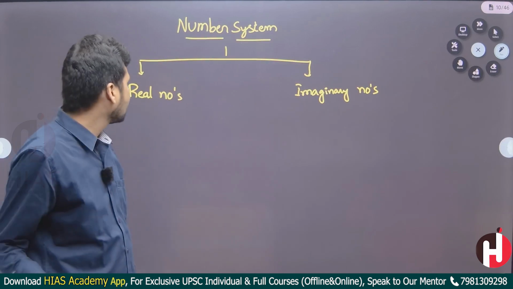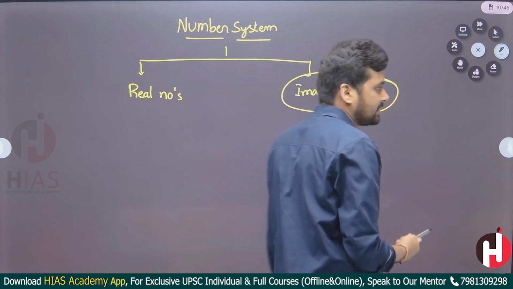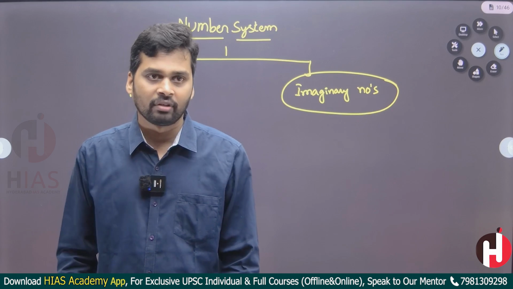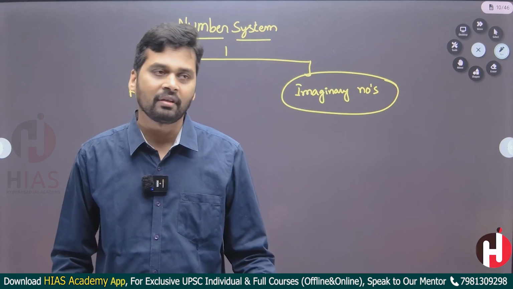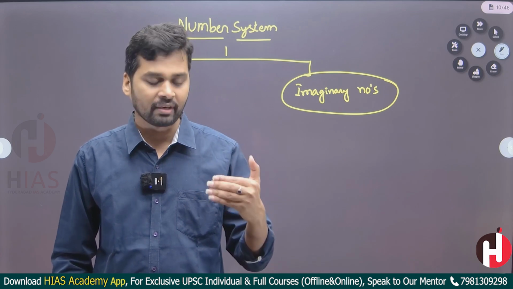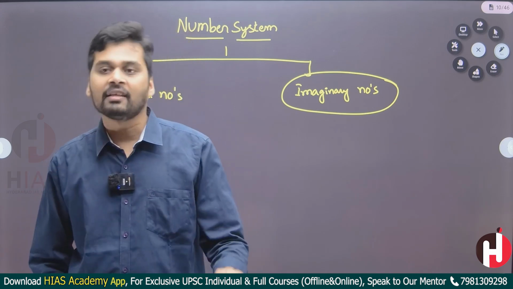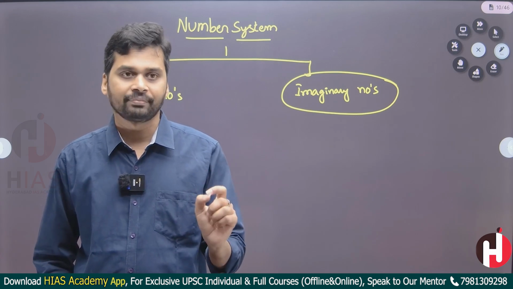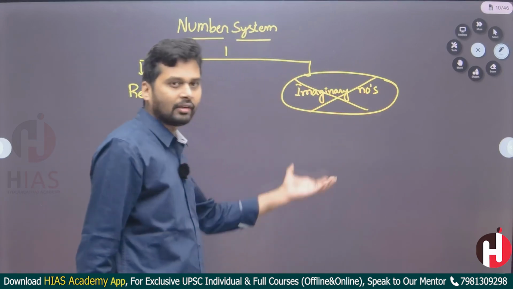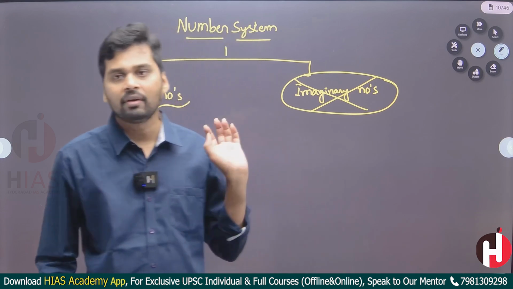Basically, in number systems there are real numbers and imaginary numbers. The name itself suggests that these numbers are only imaginary. They really don't exist on the number line. We also call them complex numbers. These will be studied at intermediate and degree level. Aptitude means up to 10th class, and they will mention it clearly. So there is no question on imaginary numbers here. Whatever numbers we deal with are real numbers.